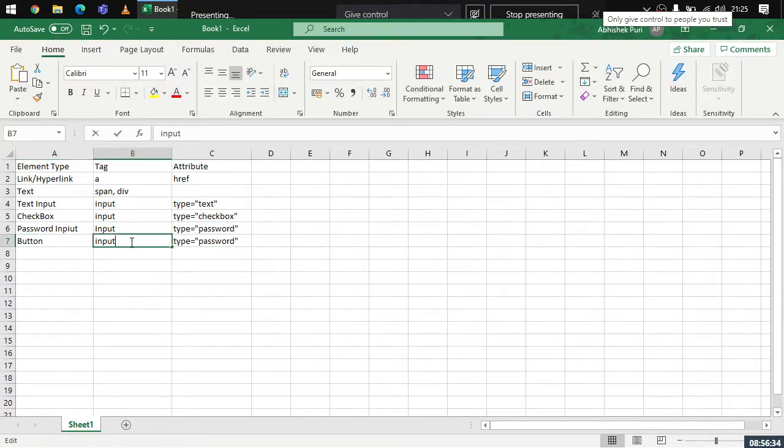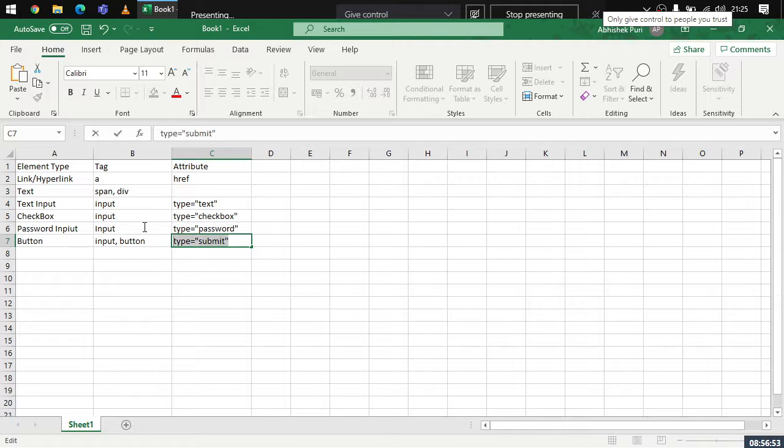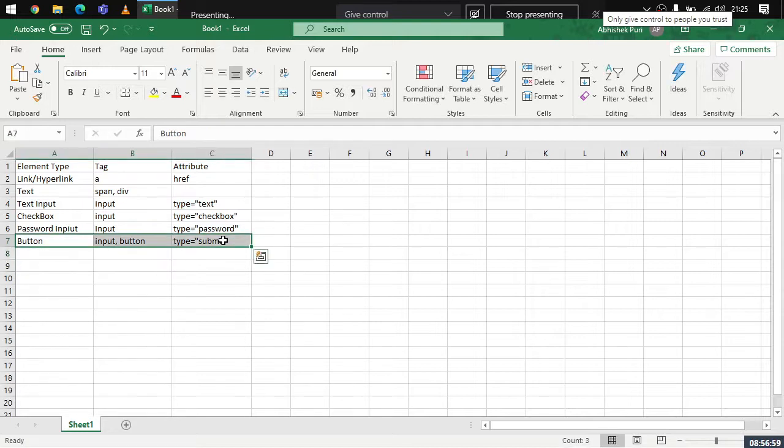Actually, yes, it can be represented with the tag name button, right? So in HTML, there are two different ways of representing a button. So here, this is the type, right? Type equals to submit. In case of a button, you can specify the type here as well, right? And here you can see that this is done.